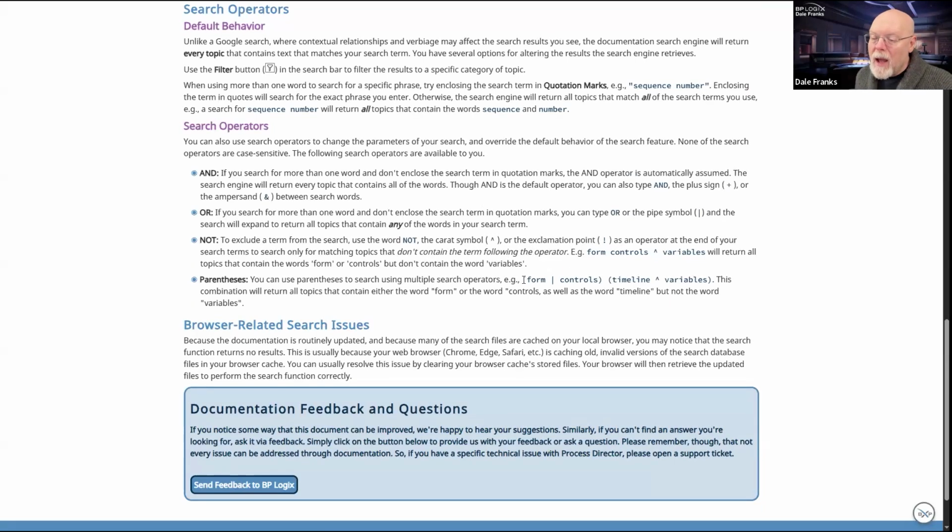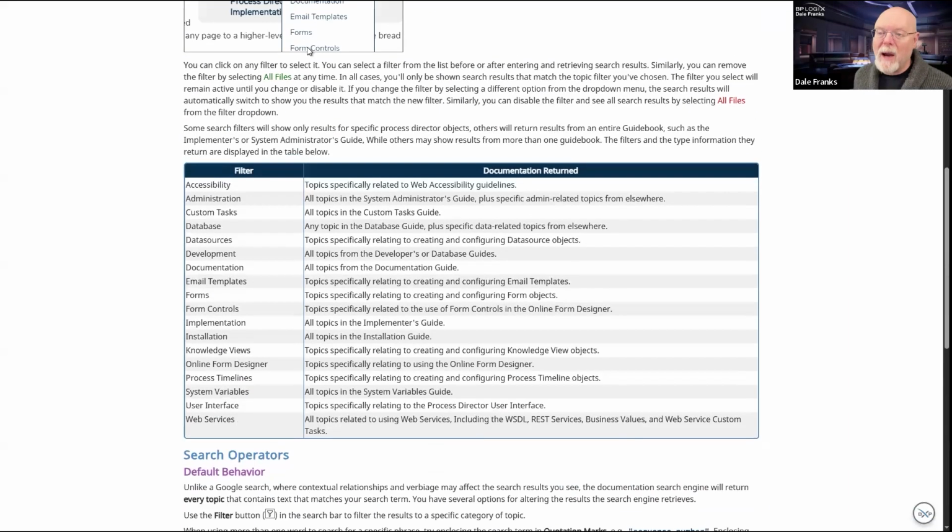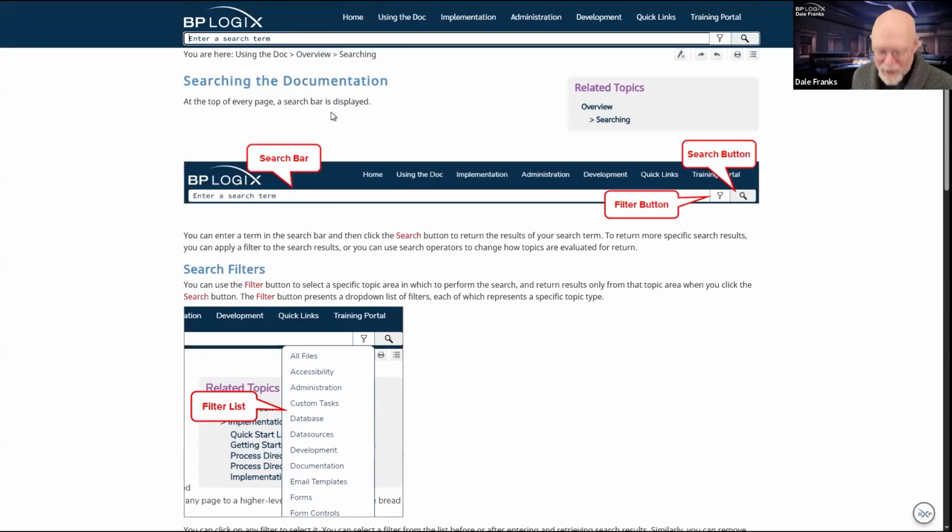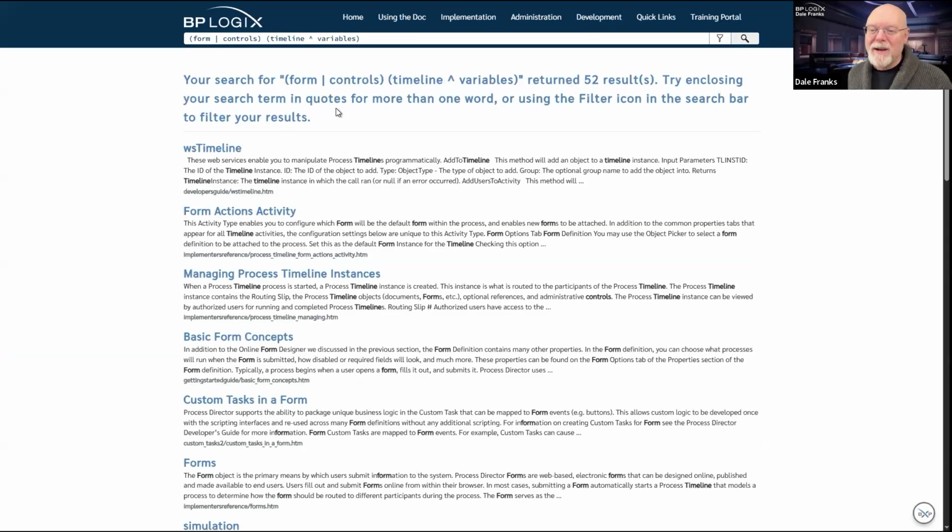So if I was to search for, and then there are parentheses, which group some search terms. So let's take a look at this term right here. So this will search for either the word form or the word controls, and it will find the word timeline, but it will exclude any topic that uses the word variables. So if we type that in, and you don't know what all of these topics are, so you're just going to have to take my word for it, that's going to work.